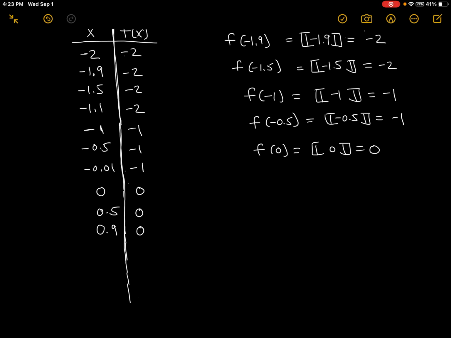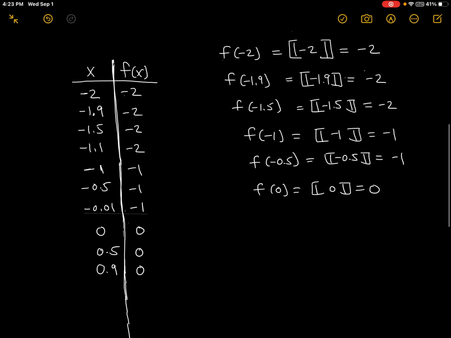What I want you to notice right now is a pattern. The set of x values from here to here, such that the y value is still going to be the same, is x greater than or equal to -2, but less than -1. And when my y value starts changing is when I plug in the next integer. So this represents the set of x such that x is greater than or equal to -1, but less than 0,